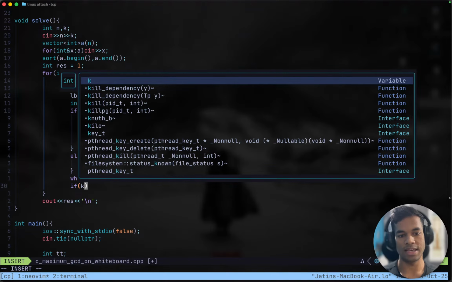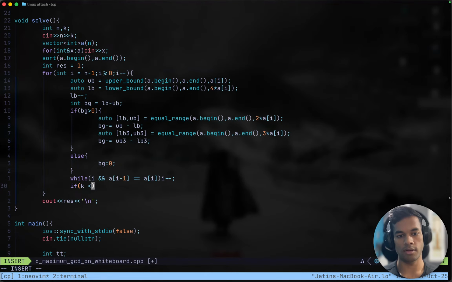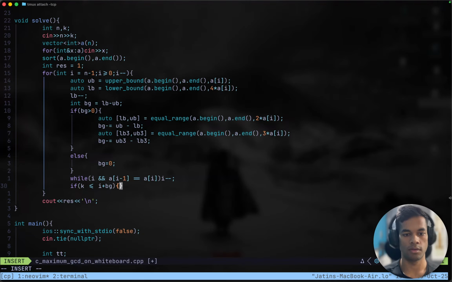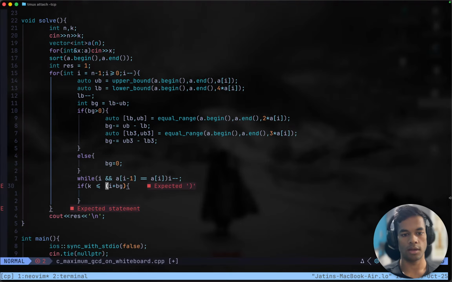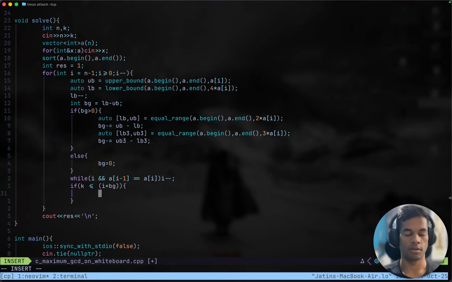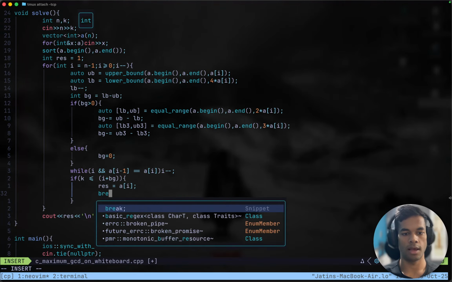Now, if k is smaller than or equal to the numbers which we have to remove, which are I plus bg. If that is the case, then bingo, yes, it's go. Then answer would be equal to AI and then